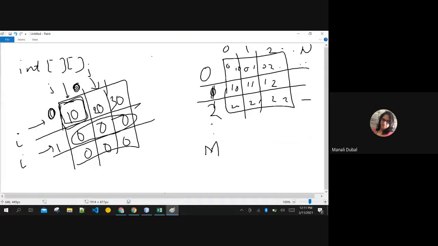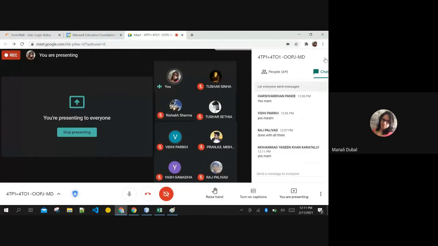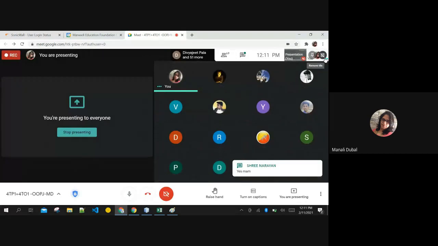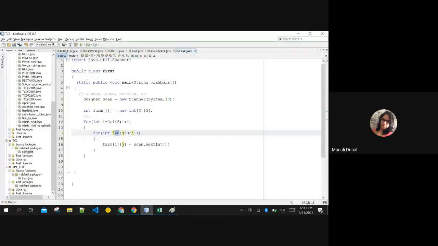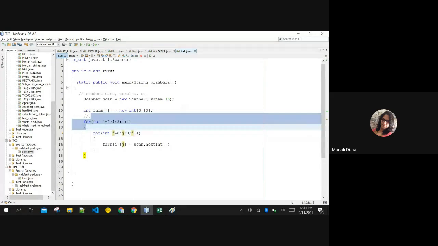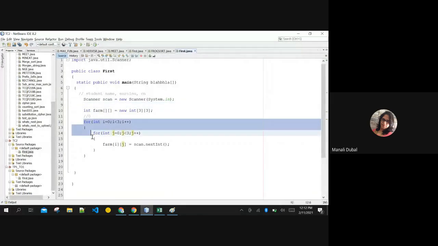Are you getting this? Everybody is getting this? Yes, ma'am. Very good. The reason for pattern programs is this only: you will be able to access an array very easily if you know pattern programs. Same way in the same loop, when i becomes 2, j again starts with 0 and you're filling up the values for 2, 0, 2, 1, 2, 2. This value filling is done.